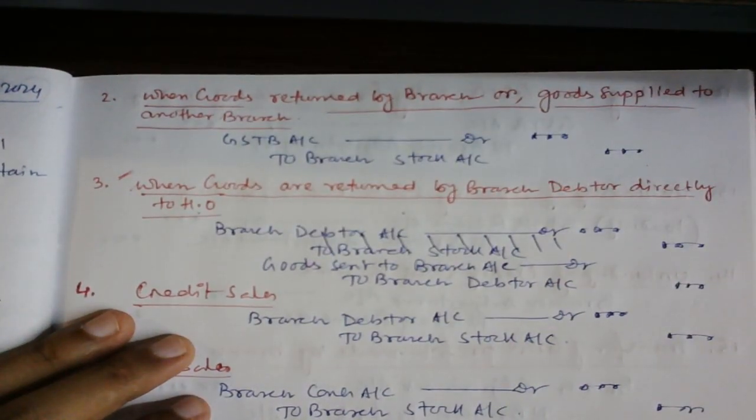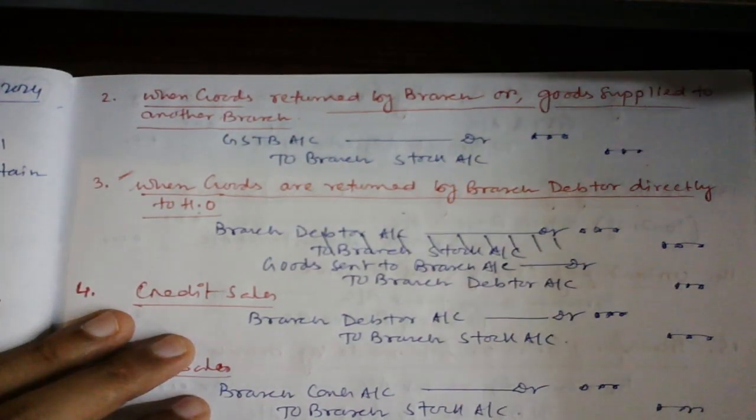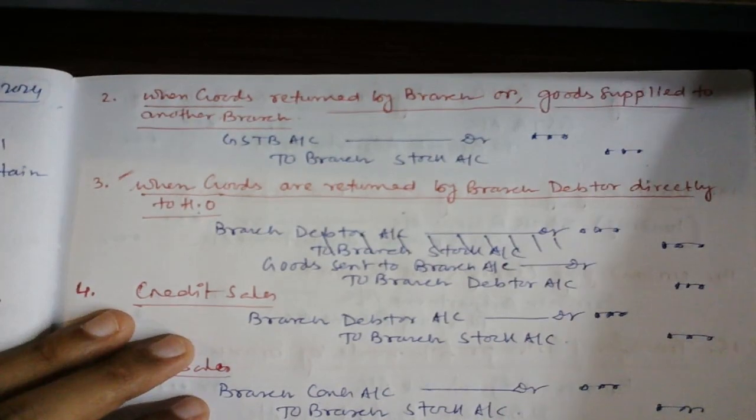It should be credited when goods have been returned by the debtor. This is a basic journal entry. When, what happened? Do you know? That is a fact, is that